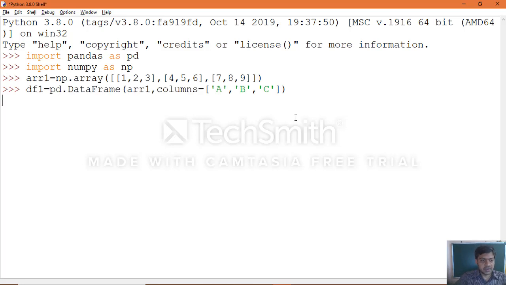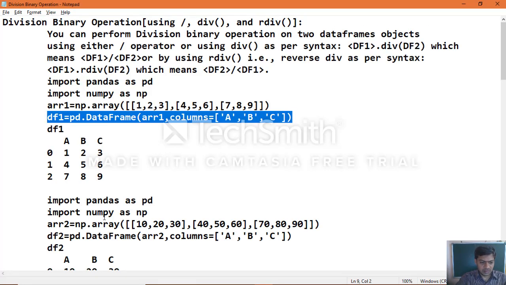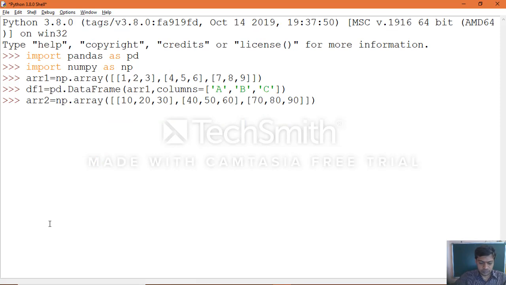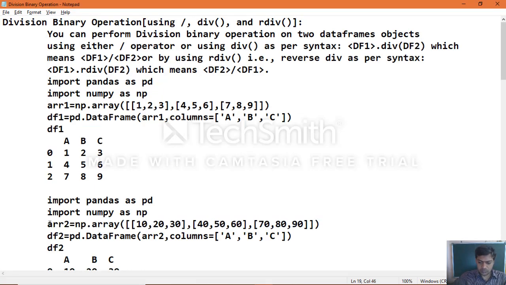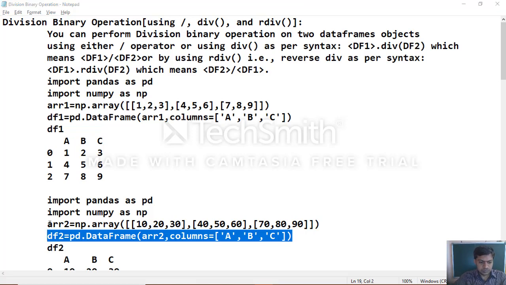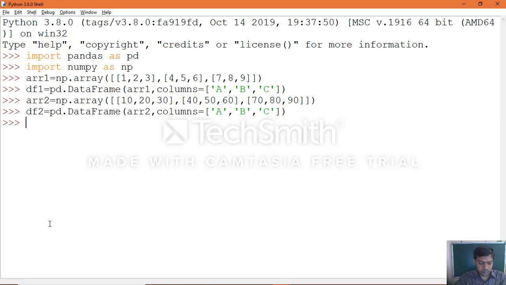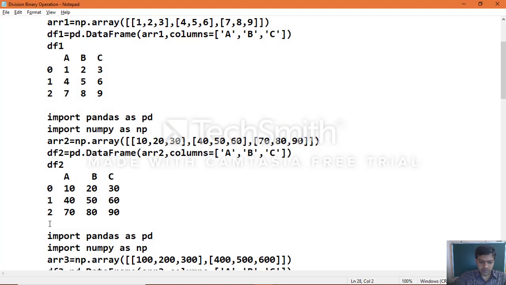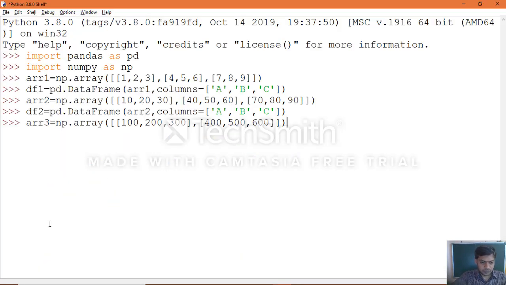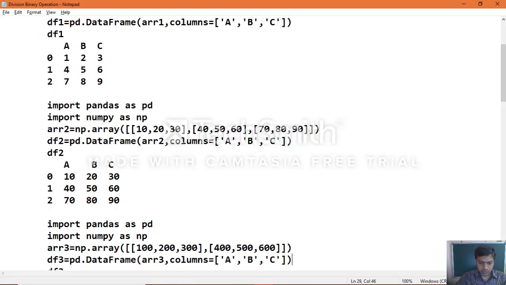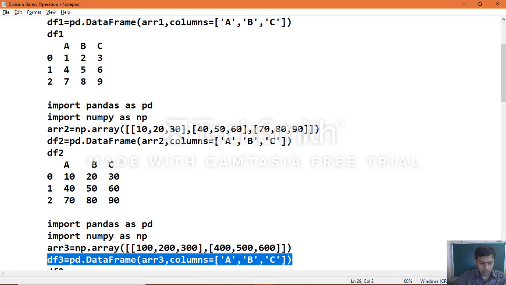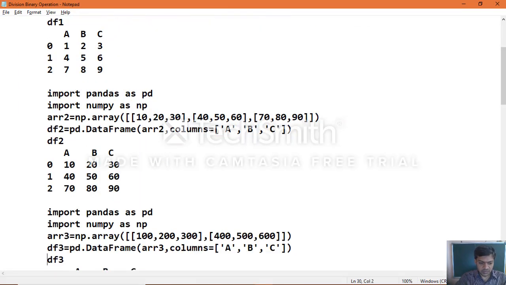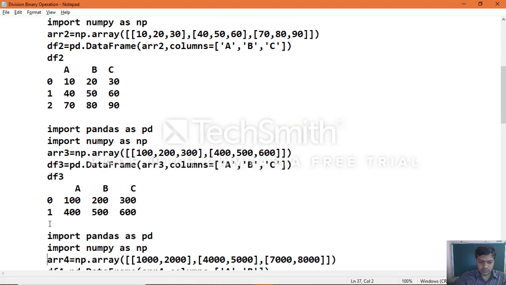DataFrame object 1 created. Now same manner, create DataFrame object 2, same manner create DataFrame object 3, same manner create DataFrame object 4.